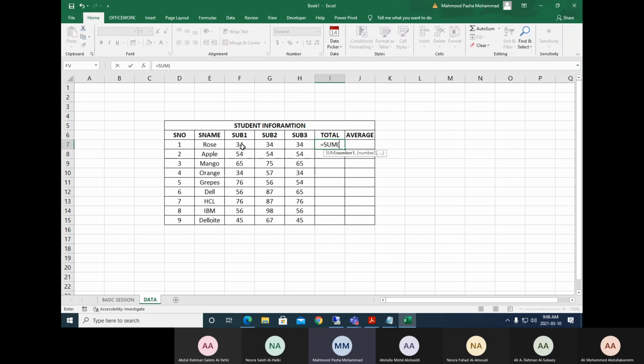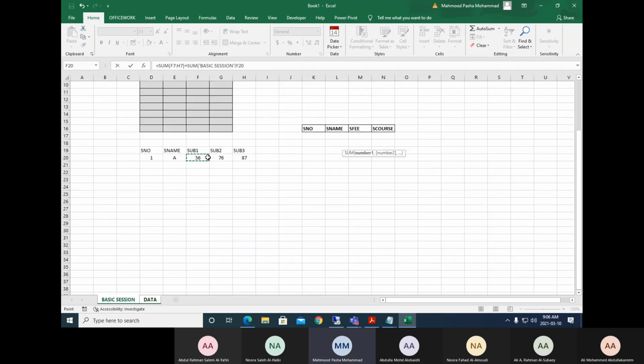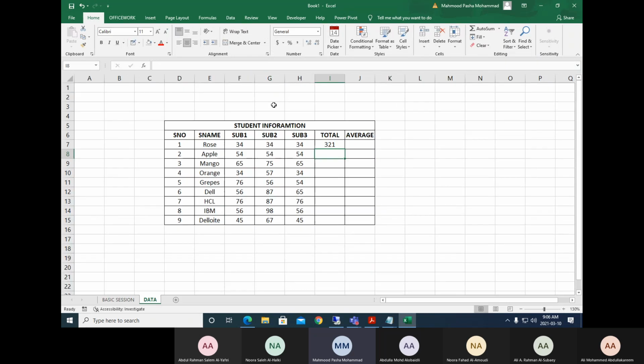Okay. So now you can see here some of these values will be here, correct? Now I want to do the sum of the values which are available in other sheet also. So then what is the other requirement? I can do plus here, then sum of, then go to the sheet, select the values here. You can see on the top, this is formula bar, close it. Now you can see this is the whole sum of both the values from this sheet as well as the other sheet.